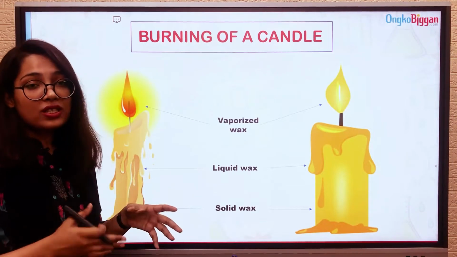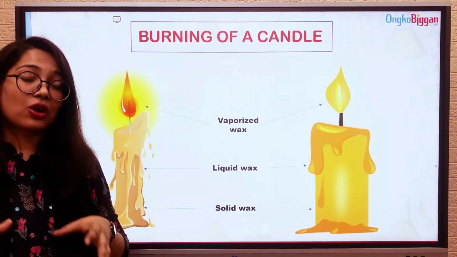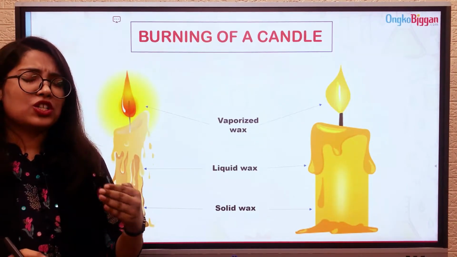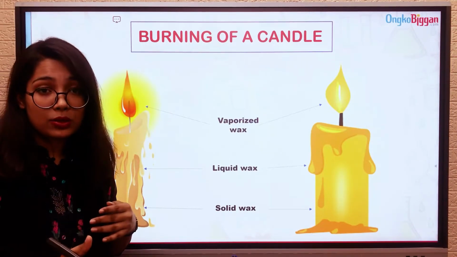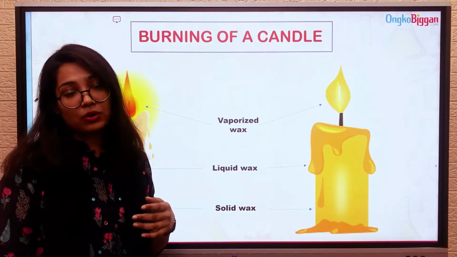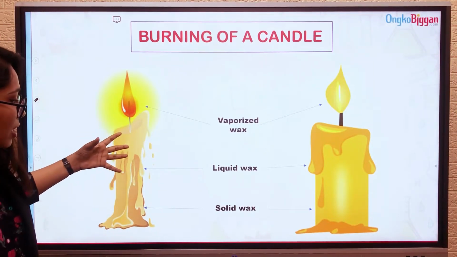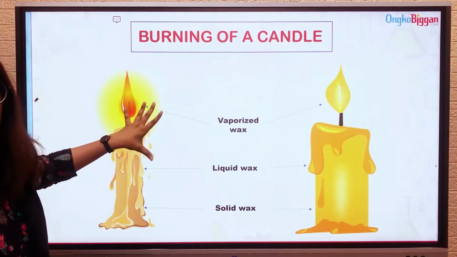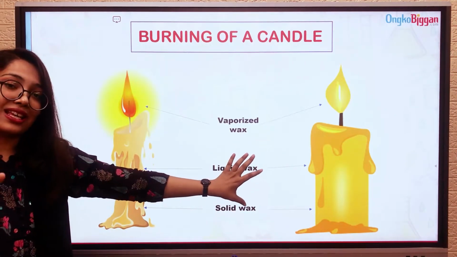Previously we discussed how the state of matter changes from solid to liquid and liquid to gas. If you provide enough heat to a solid substance, that solid will convert to a liquid. And furthermore, if you provide more heat, it will become gas or vapor, whatever you call it. So now you can see that this solid wax starts to melt and becomes liquid wax because the fire is melting the wax down. This is the liquid state of the wax, and both of these states are present at the same time.